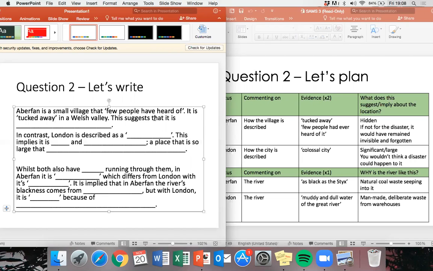And this is what I'm going to do. This is where I'm making my inference. This is where the inference comes in handy. I've done the first point of the structure I suggested. I've done my statement and my quotation. I'm now looking on to do my first inference. This suggests that it is, and again, these are just notes. So I am going to expand upon the ideas we do have there. So I'm going to play on the fact that it is hidden first, all right? This suggests,